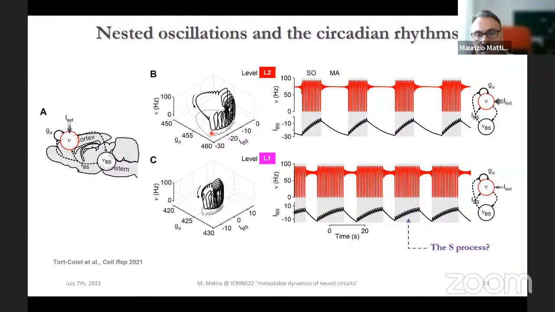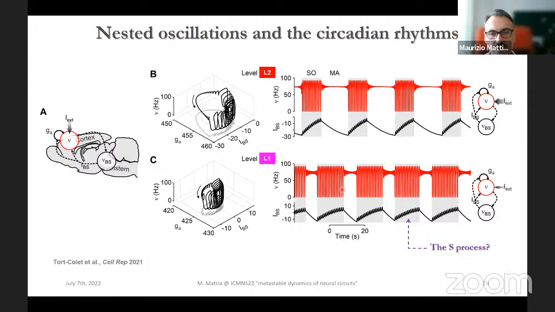The properties of this cycle can be simply governed by changing the level of excitability, the external current you can provide to the cortex. Indeed, when this excitatory input is strong, you are making the microarousal more stable. And this is the case when you are approaching wakefulness and the microarousals are longer. On the other hand, when this level of excitability, the degree of wakefulness, is weak, you have the opposite: a very long period of slow oscillation and a very short period of microarousal.